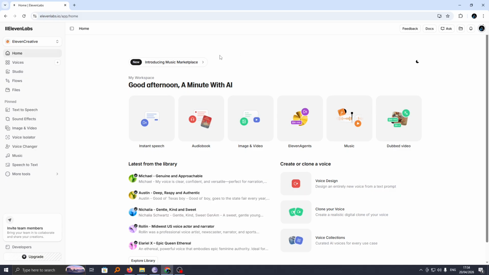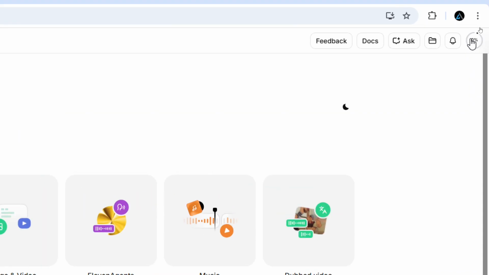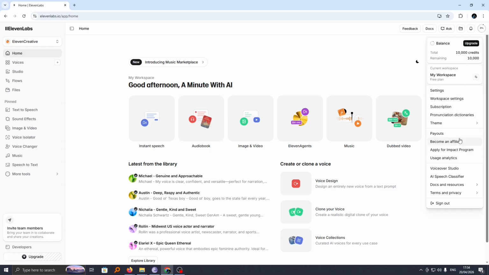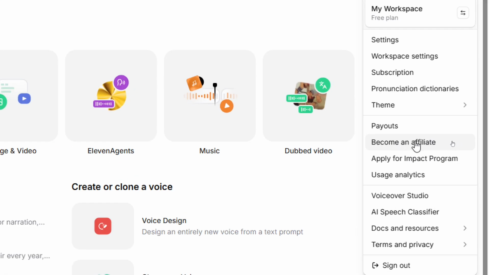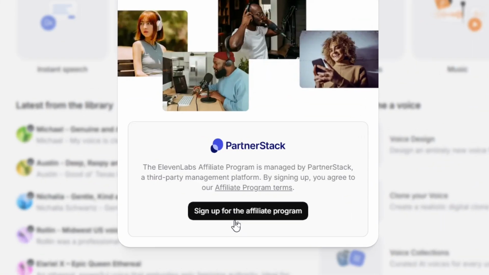To get started, log into your current ElevenLabs account and then head over to your profile icon that is on top here on the right side. So if you click on this, now you can see we have an option for become an affiliate. Click on this and you'll be taken to this sign up page where you can now become a partner through